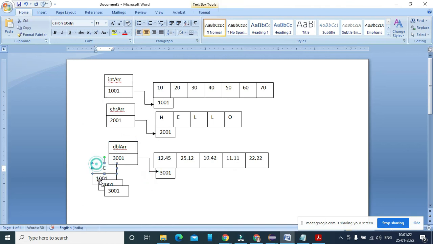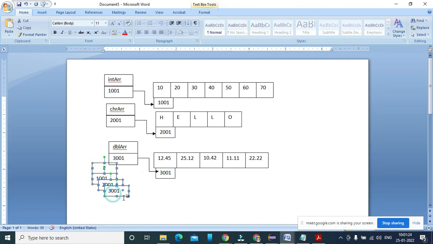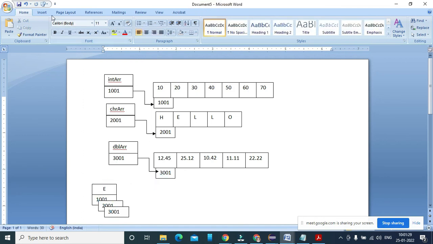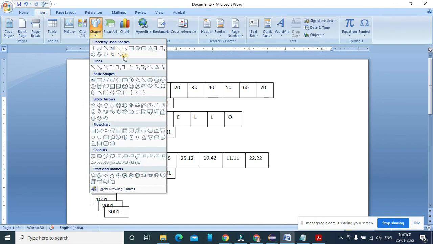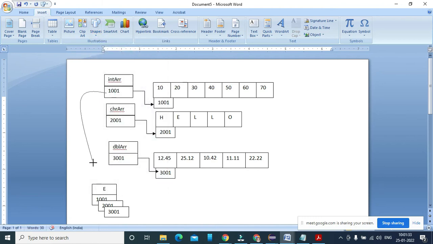So what happened here? Each time my print array is calling this element, and each one is sending this address across to e.